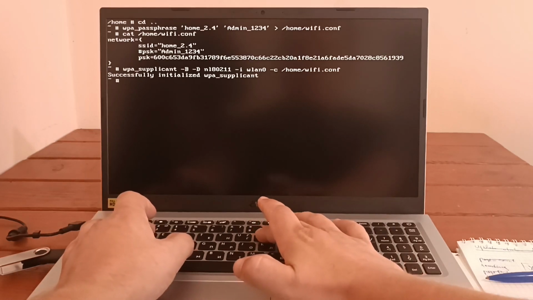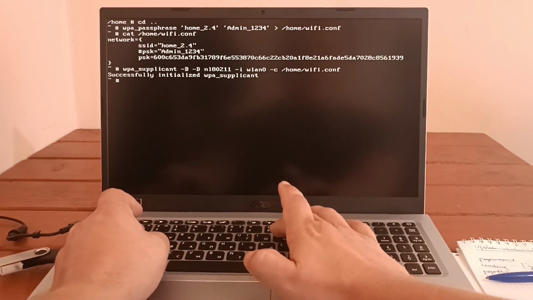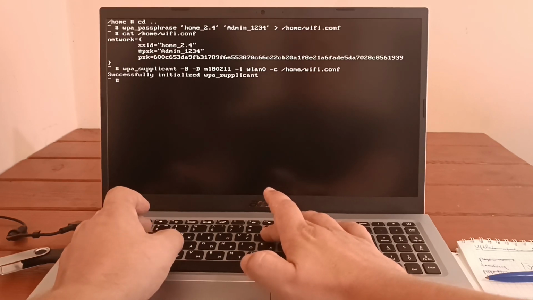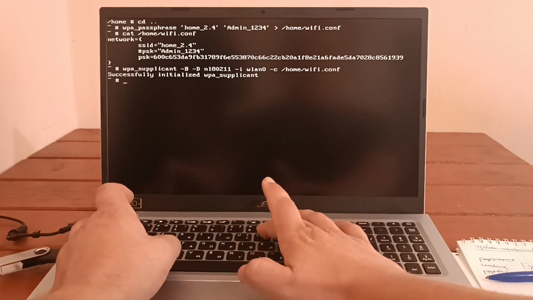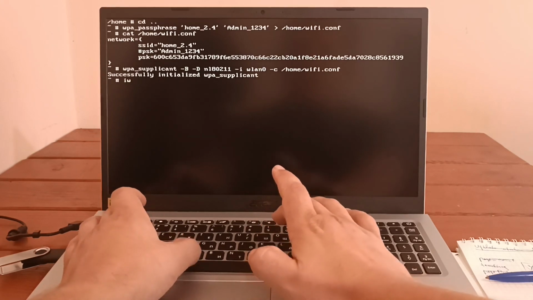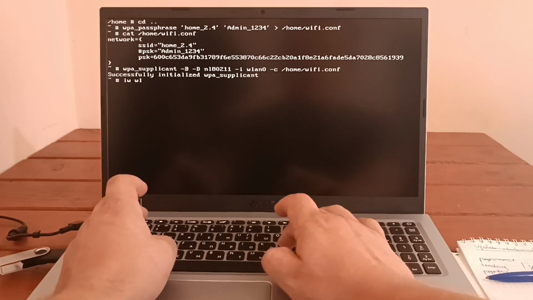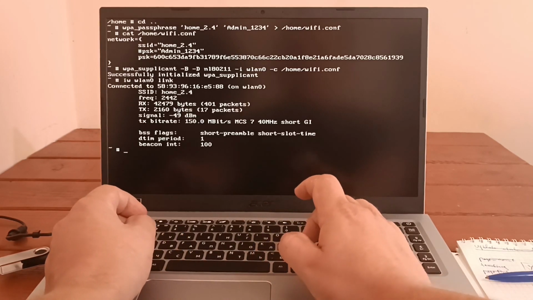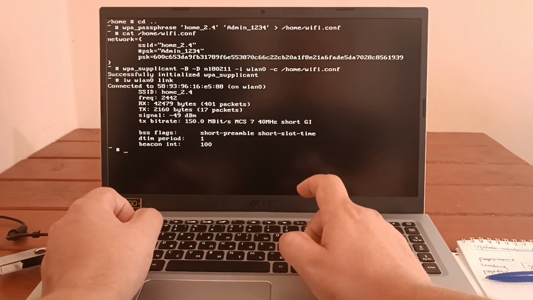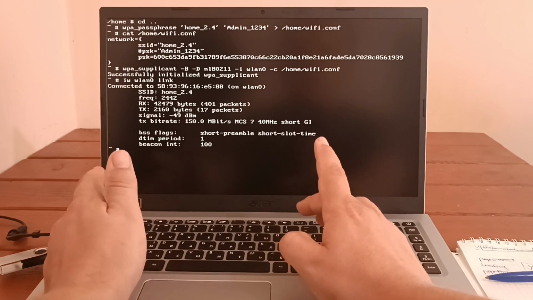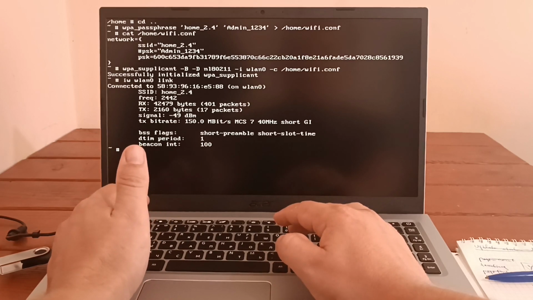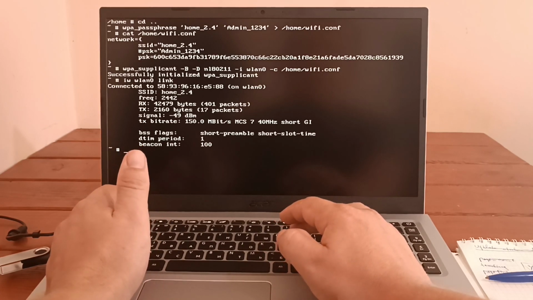So we don't yet have the IP address. We can't reach the internet yet, but we have just established the connection to the SSID home 2.4. If I say iw wlan0 link, it shows that it actually connected to this certain SSID. So the next step, starting from here, is to assign the IP address to wlan0